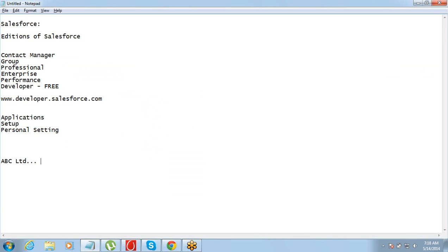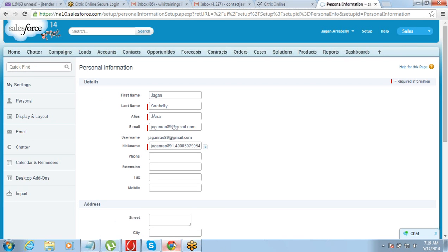Okay, and they want to start using Salesforce for the CRM that they have, for the CRM data that they have. So they want to start using Salesforce. So the first thing that they do is they approach Salesforce and they get their login ID password. So you got the login ID password, right?